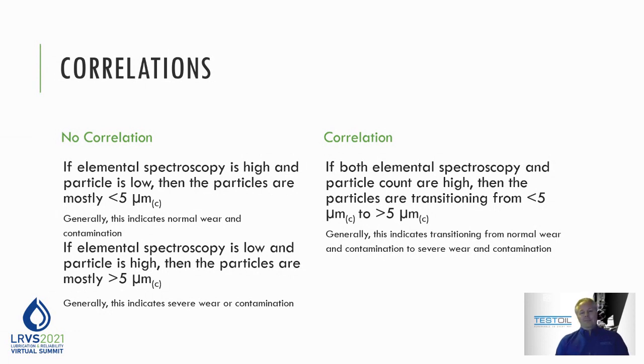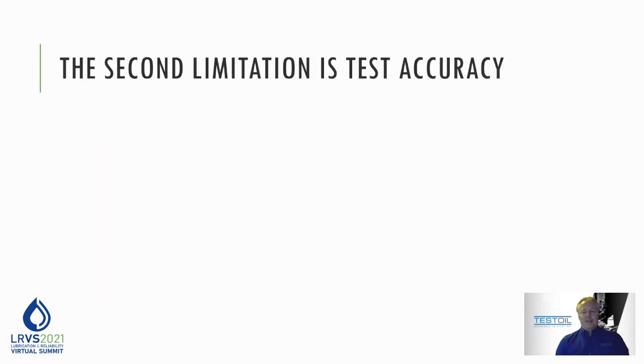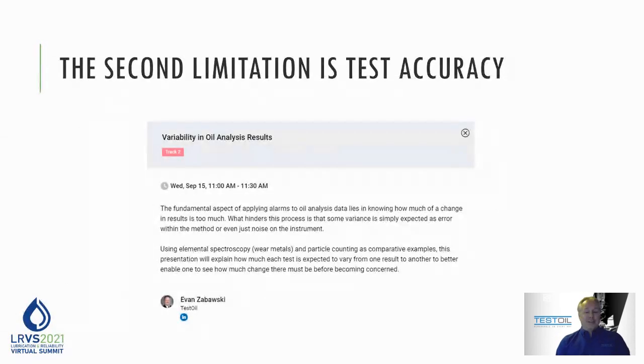So, as I said at the very beginning of this presentation, the first limitation was the test selection. Obviously, I need to give you some idea, what is the next limitation? So the next limitation would be the accuracy of the test. And all I'll have to say about that is, well, that session is tomorrow. So, plug for myself to encourage you to join tomorrow's session, where I'm going to go through these same two tests again, but discuss the accuracy of these tests